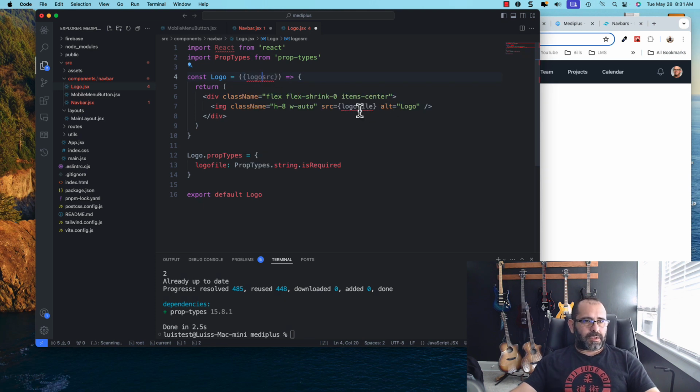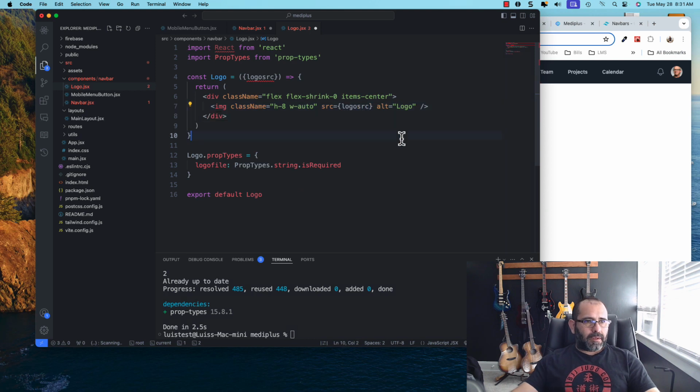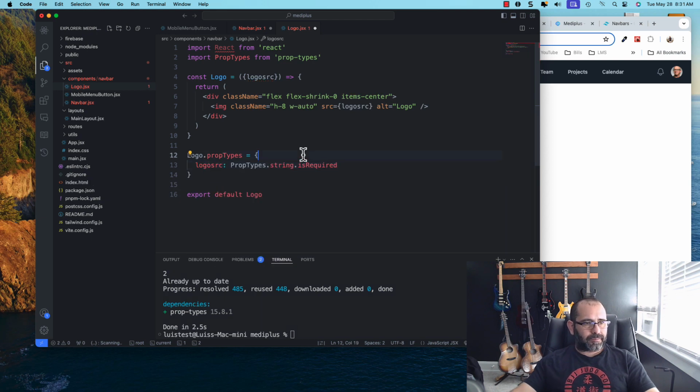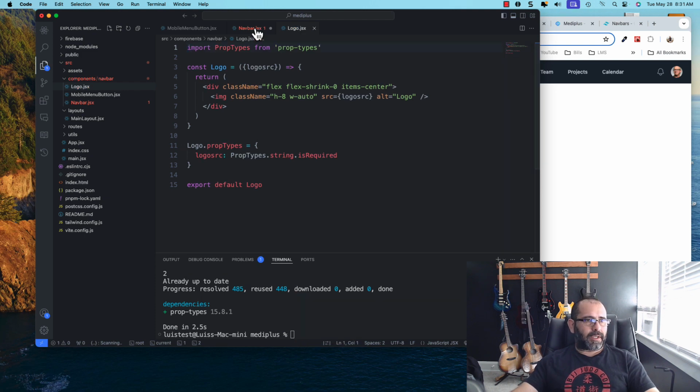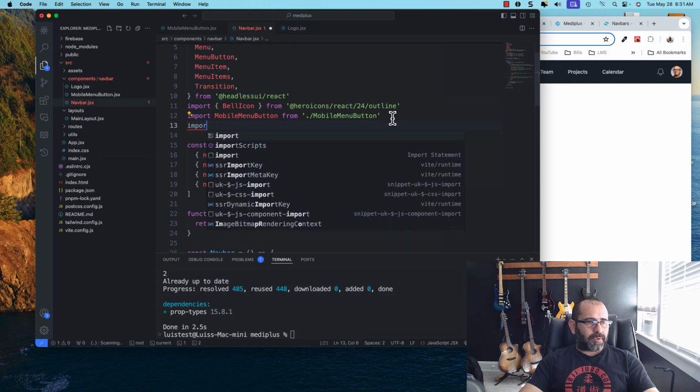Logo src. Logo source. Yep. Again, it doesn't really matter. Now I changed it there, I must change it here. Save, delete this because I don't need this. Save it again. Come over here, and I'm going to import